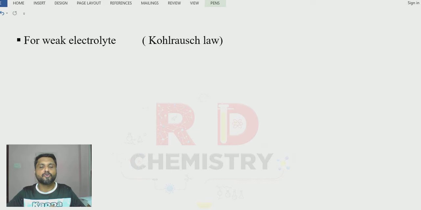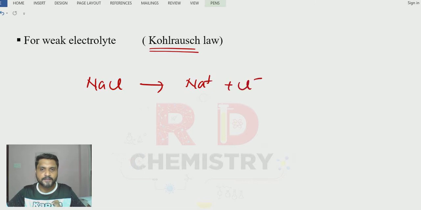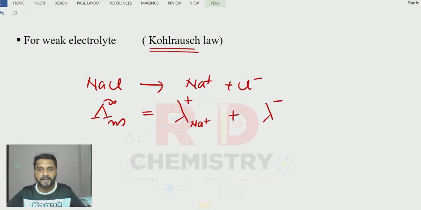It is not possible to find out the limiting molar conductivity at infinite dilution. For that we have Kohlrausch law. According to Kohlrausch law, individual ions can carry the conductivity. So suppose I take sodium chloride. Sodium chloride gives sodium ions and chloride ions, correct? Okay. So how do you write down the Kohlrausch law for this? So lambda m infinity is equal to the ionic conductivity of the sodium ion, lambda plus for the cation, plus lambda minus of the chloride ion. So small letter lambdas are for the ionic conductivities of the individual ions in the electrolyte.